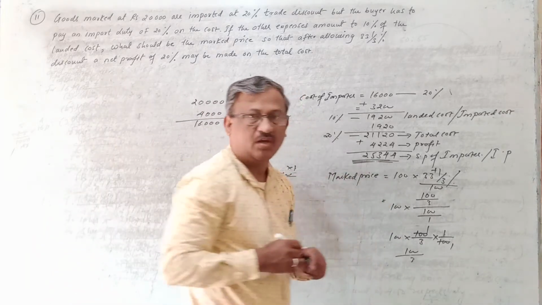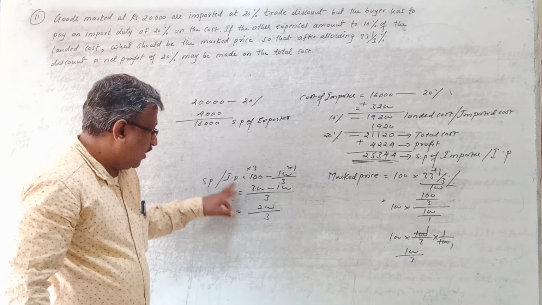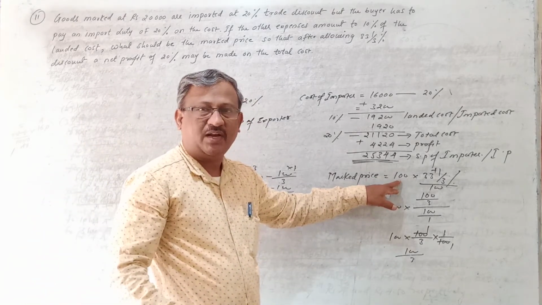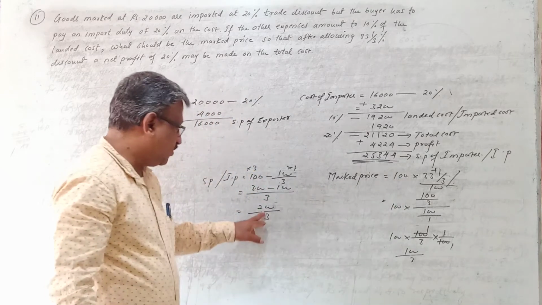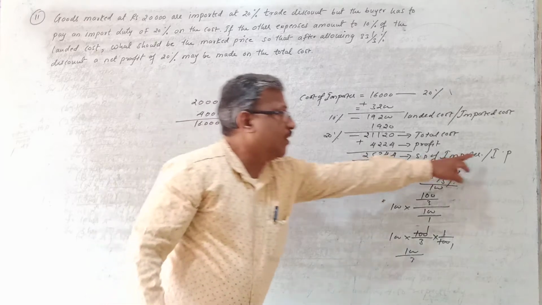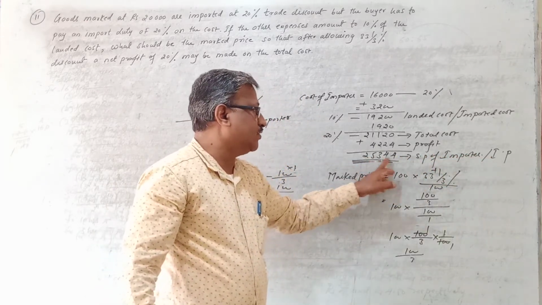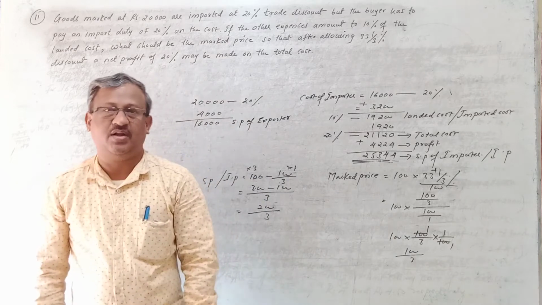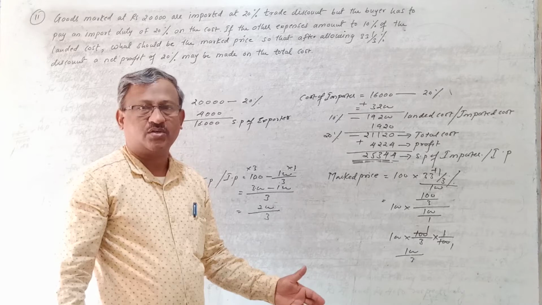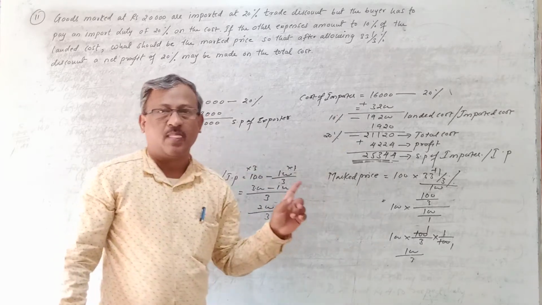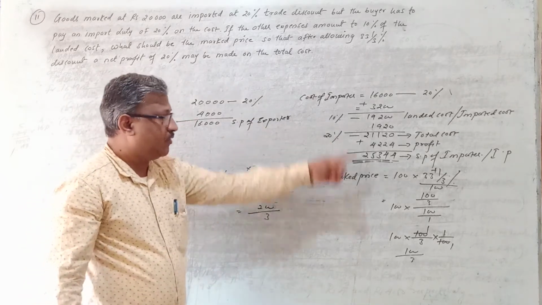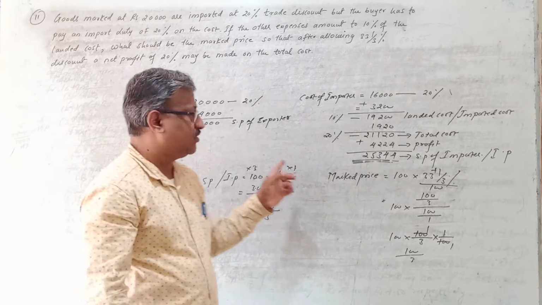So when the invoice price is 200 upon 3, at that time he has to mark his goods for sale at what price? 100 rupees. Right? So when this is the invoice price, 100 should be the mark price. So if the actual invoice price or selling price is 25,344, what should be the mark price? So you will get the mark price of the input. Understood? So this is how we have to find out the mark price of the input.